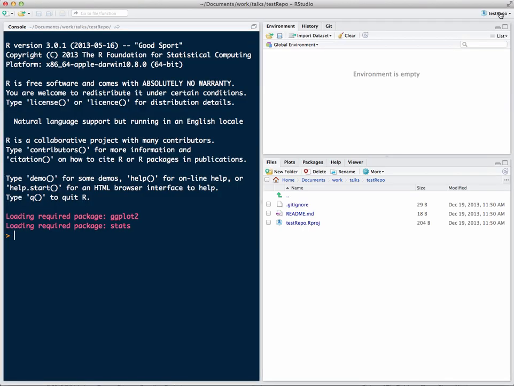And now you'll notice that instead of saying new project up here, it says you're part of the test repo project. It's added the Git tab here. And you can see the files that are part of the documents, work, talks, test repo folder on your computer are right here. So this readme.md file is the one file that currently exists in the repository,